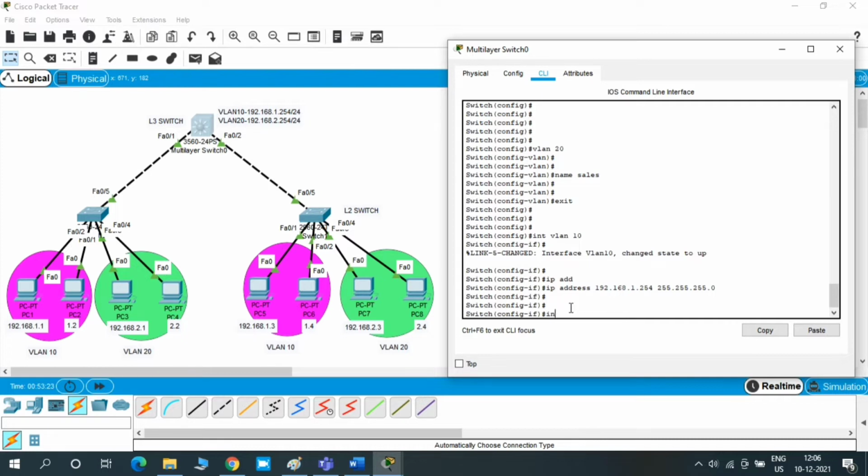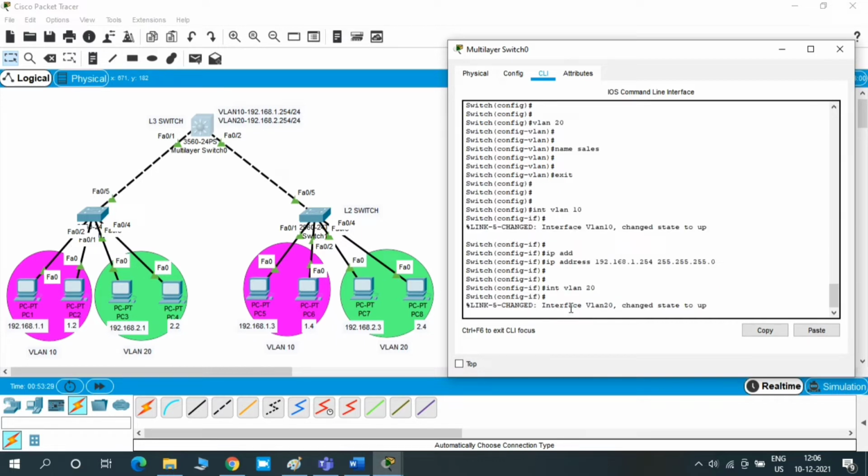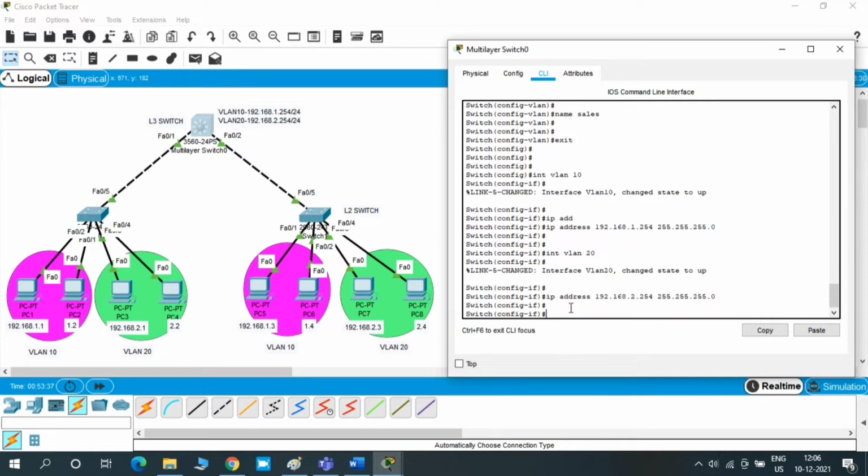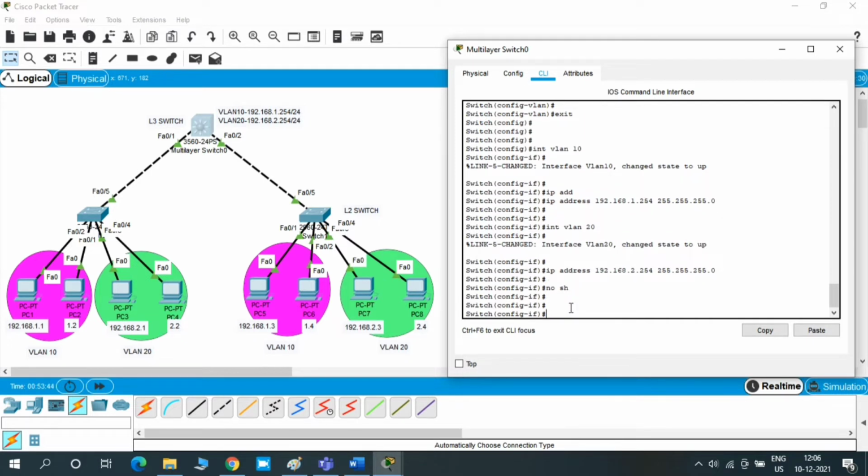Here it's not required, as the ports already came up. Then I'm going to configure interface VLAN 20. Press the up arrow and you will get the previously given IP address. Just edit that and give no shut.